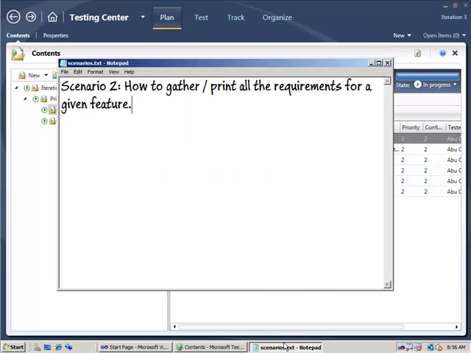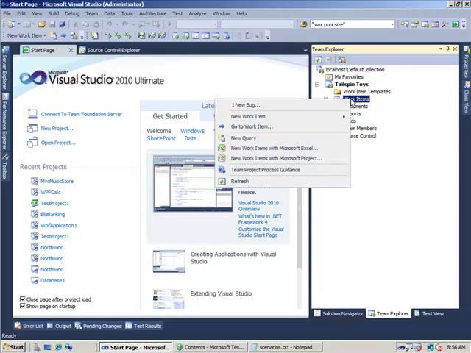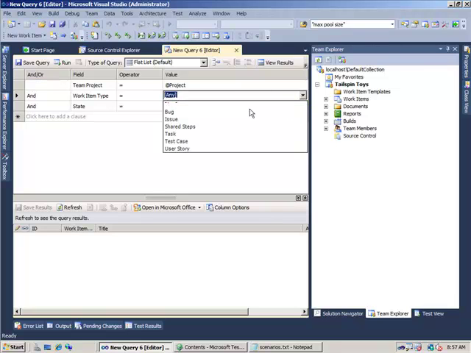So scenario number 2 is how to gather and print all the requirements for a given feature. And the easiest way to do this would be to start in Visual Studio, and we'll work with the work item query. So we're going to create a new query. And let's say we want to have a team project equal to this, work item type equals, let's say, the requirements that we want to use. So user stories,